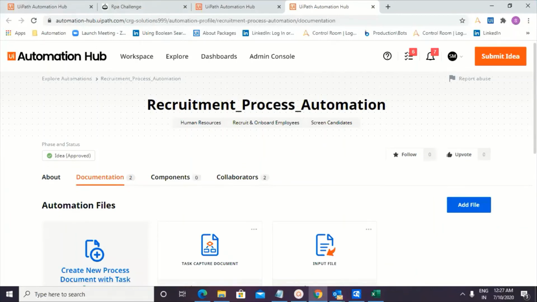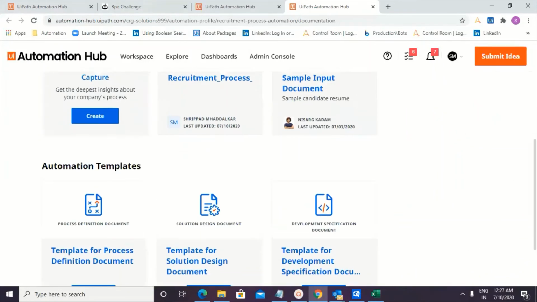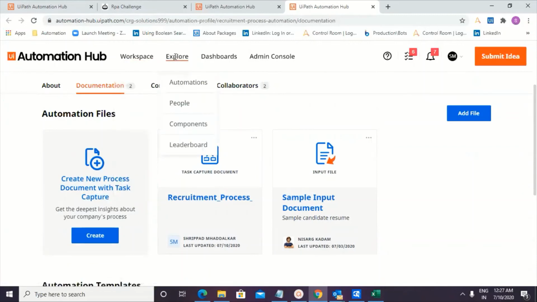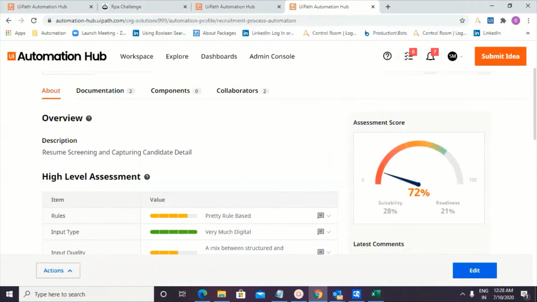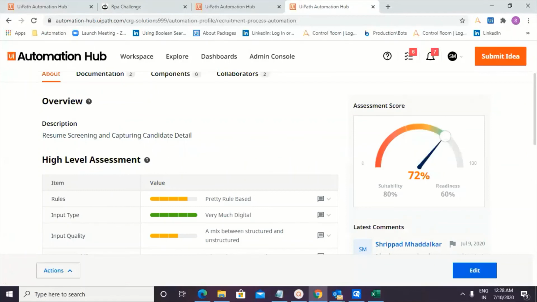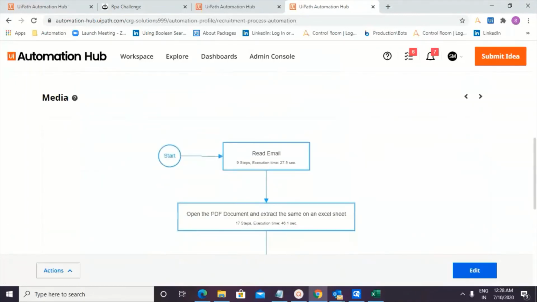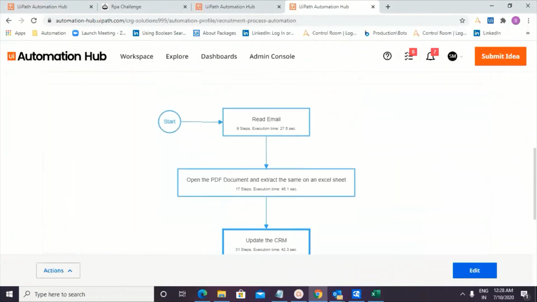There you go. 2 documents uploaded. Wonderful. One by Shripad, one by Nisar. Okay, so we are good with this particular update now. That's wonderful that we have created a complete process design document in UiPath Task Capture, which is automatically integrated with UiPath Automation Hub. And that's wonderful because Shripad has just displayed how we can create a process design document and also a process map. So thank you, Shripad, for this wonderful demonstration. It was really helpful and really catchy to see how these integrations work together.